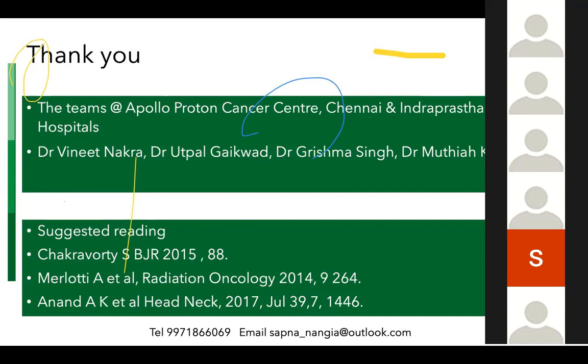How in post-op RT indication, is it true if the patient has received neoadjuvant chemotherapy due to logistic issues? What will you do? Sorry, come again. In case of post-op RT, the patient has received neoadjuvant chemotherapy due to logistic issues. I think surgery, because of that surgery date. Then will you take that patient for radiotherapy? Yes, very much. I don't think that changes.